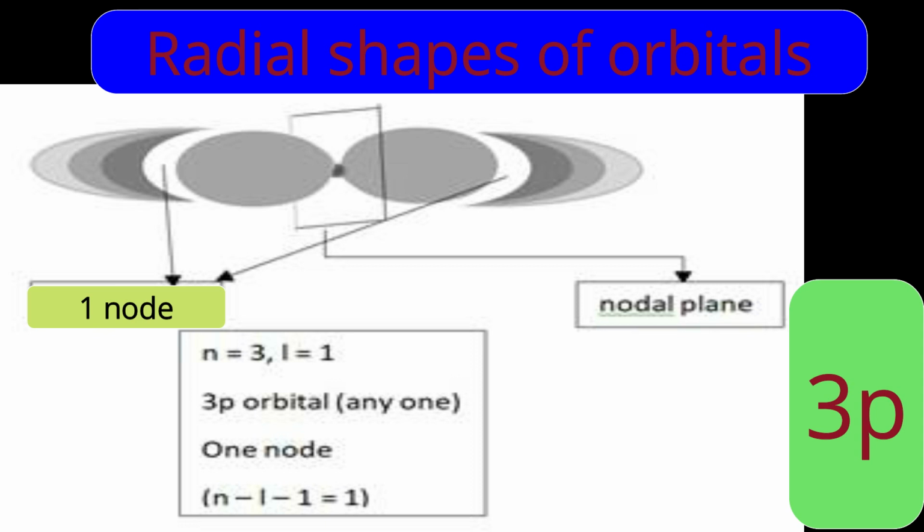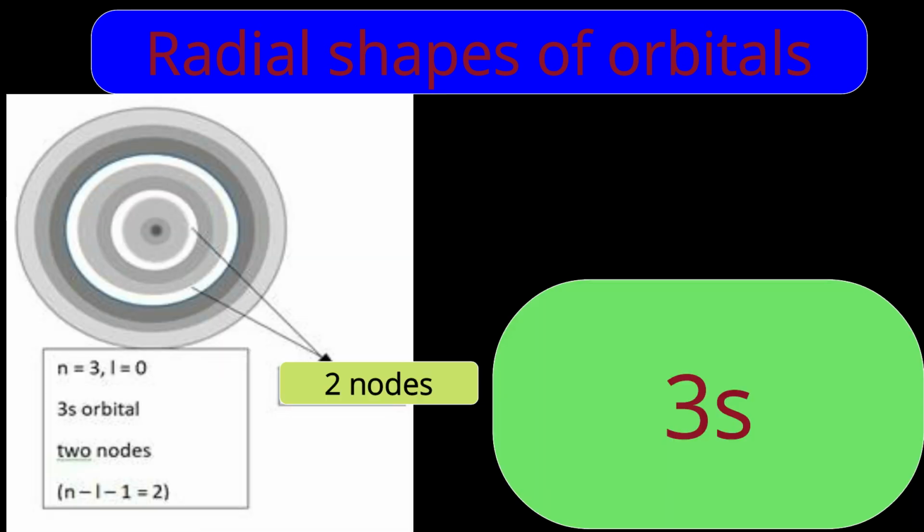Let us understand it with one more example. Here a spherical orbital is represented, so you might have the idea it may be an s orbital. Let us see. Here n is equal to 3 and L is equal to 0, means which orbital is it? Yes, our guess is right. It is the 3s orbital. Let us start our journey from the nucleus. Go in any direction because it has spherical symmetry. And our vehicle is the radial coordinate.